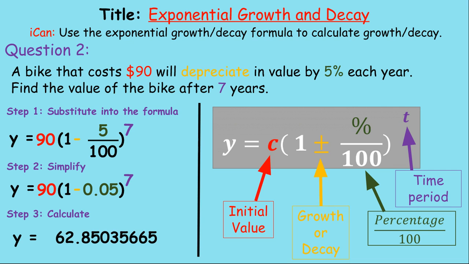If we do that, we end up with 62.850356665. Again, our answer needs to be in dollars, and we don't have anything past the second decimal place. So we need to round. So we can swap it for